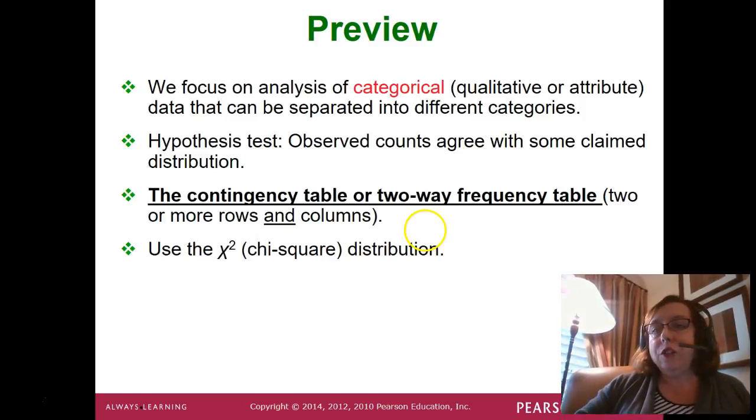It doesn't change as much as it did in Chapter 8, where we always had the null hypothesis contain the equal sign, and then we used a variable, mu is equal to 10 or a number. And then the alternative hypothesis, mu was greater than 10, for example. It's not going to be quite like this here, and you might find it's a little bit easier because it's not so hard to come up with the null and alternative